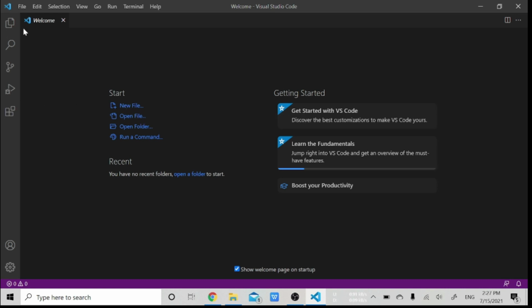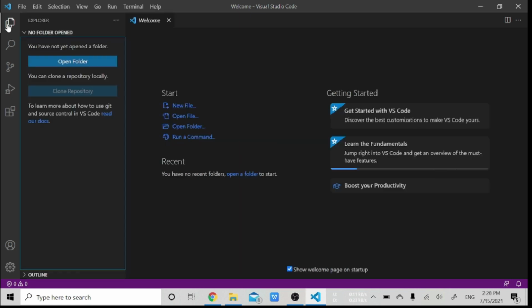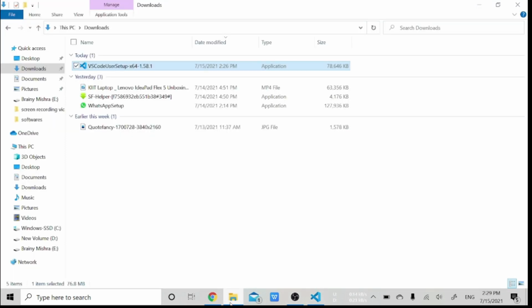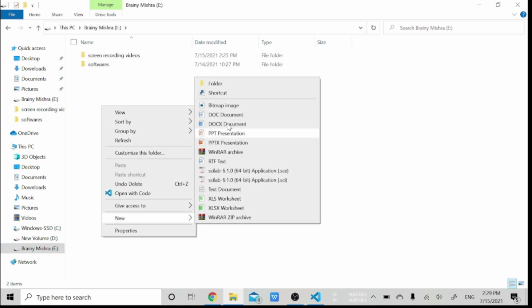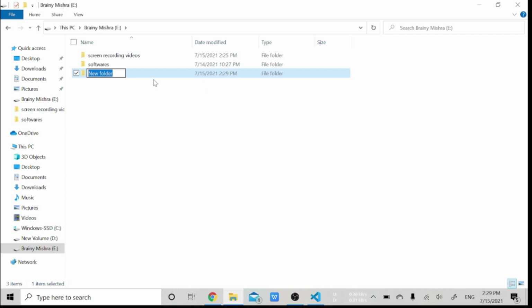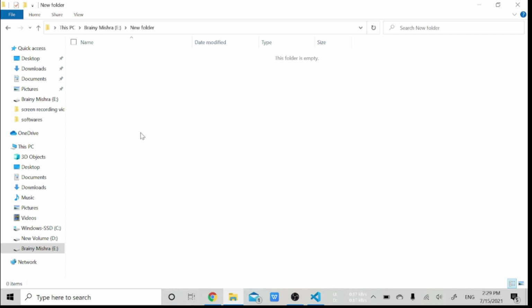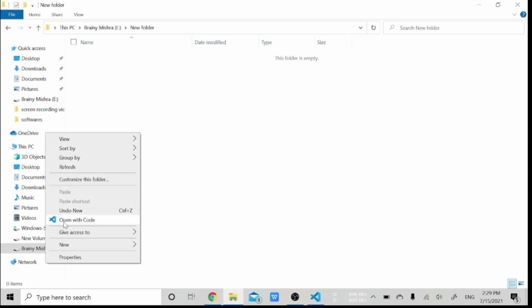First, here you are seeing the Explorer tab. I will help you understand this one. You can see the open folder option. I will open a folder from here, and I will create a new folder. Here we can create a new folder, go into it, right click on it, and here is the option for open with code.